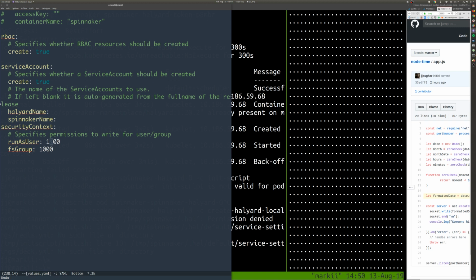But if that user doesn't exist, it wouldn't have the rights to be able to write to it, right? Right, but the user is in the container. And when you set this FS group, it's supposed to set write access for that user and group on the persistent data